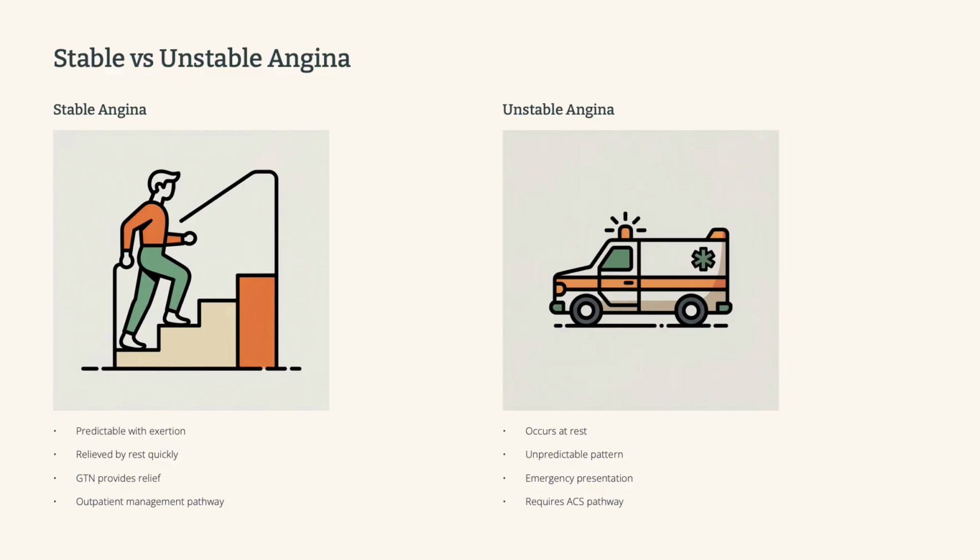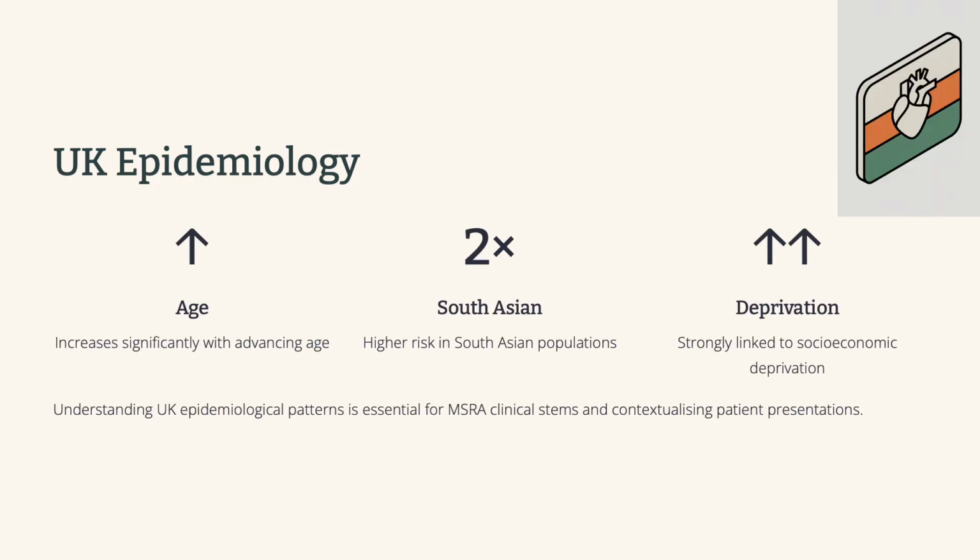Now, before we get to the tests, I'm curious, how common is angina actually here in the UK? Do we have any stats on that? The sources do actually dive into UK-specific numbers, which is super useful for the MSRA. And get this, around 8% of men and 3% of women aged 55 to 64 have reported experiencing angina. Wow, that's higher than I thought. Yeah. And I'm guessing those numbers go up as people get older. You bet. And it's not just age, ethnicity comes into play too. South Asian populations in the UK, for instance, have a higher risk compared to the general population. That's really important to keep in mind when you're seeing patients, right? You really have to consider individual risk factors.